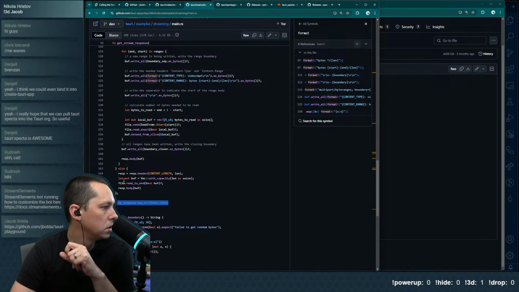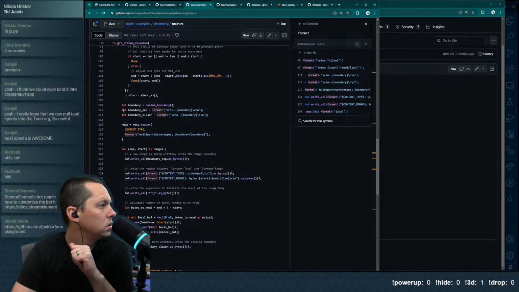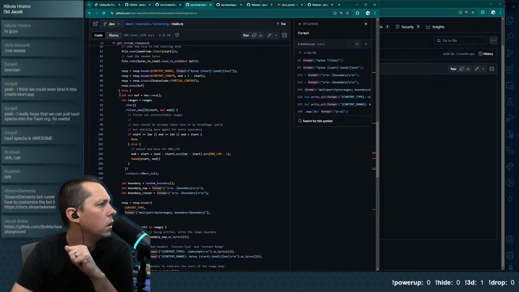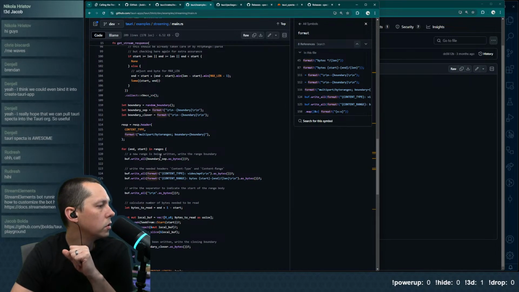HTTP response body. So the body ends up being the buffer, which includes the vec. So it includes all the ranges, of which it is content type range.